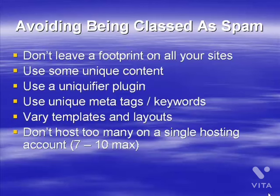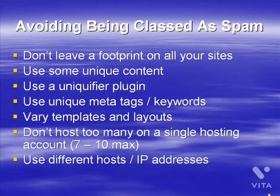So you can create multiple hosting accounts, just the cheap ones, and create a number of auto blogs on there. You can of course use the same hosting to create a number of your other websites as well. And you want to switch hosting and IP addresses, so you have different hosts. You can buy IP addresses for a couple of dollars a month from a lot of places, so you can use different IP addresses, and that's really going to help you to vary